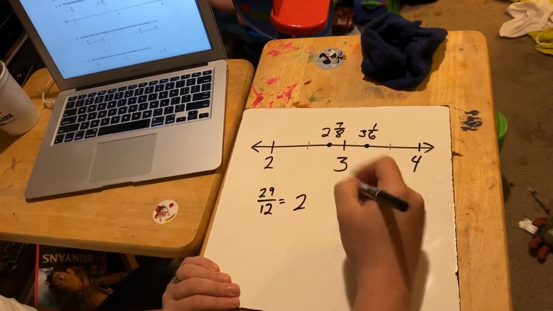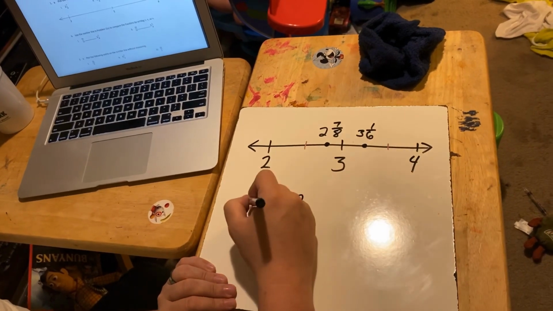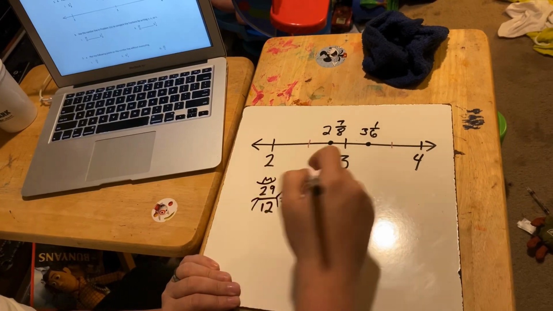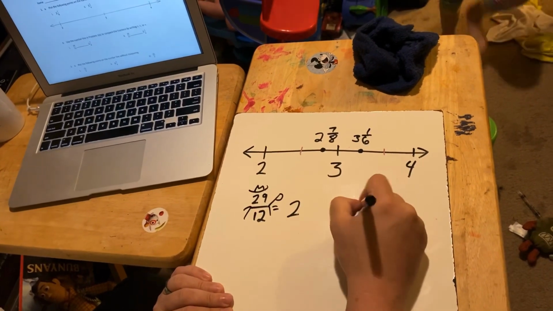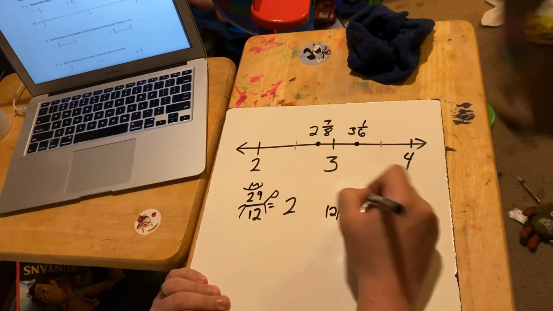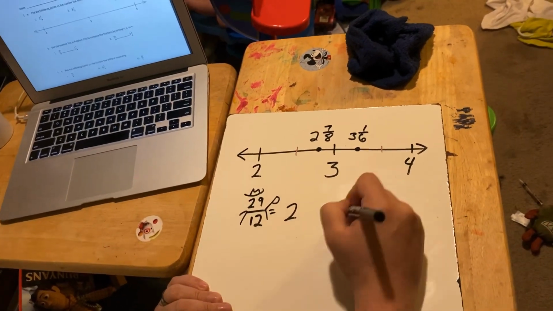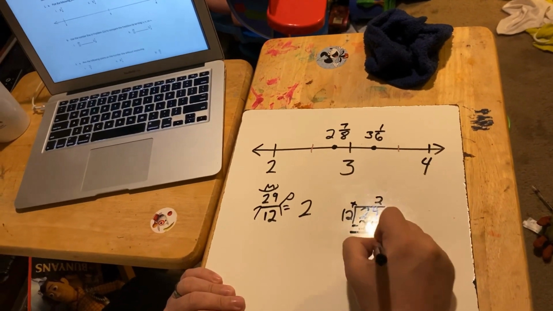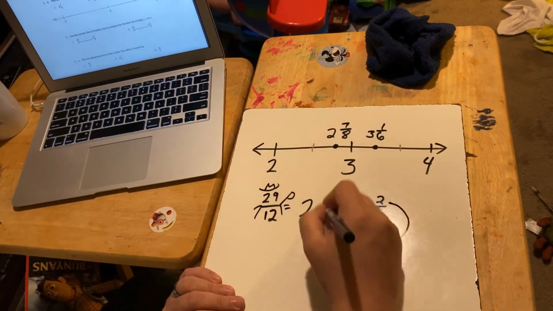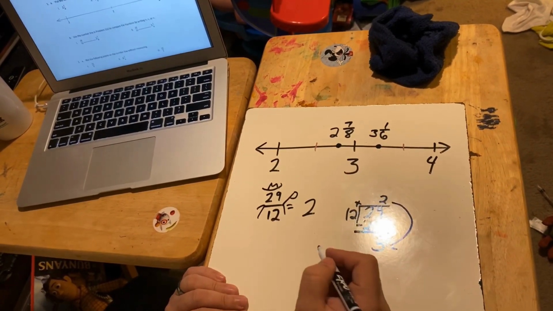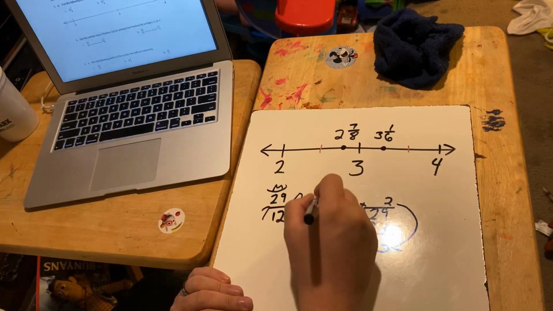I can do my cowboy method if I needed to. I can say 29 divided by 12 equals, that's going to go 2 times. 2 times 12 is 24. And that's going to leave me with 5. And it's going to be 2 5 twelfths, because 12 is my denominator. So I've got 2 5